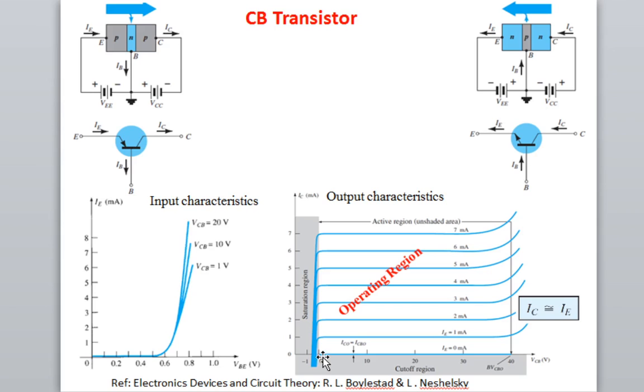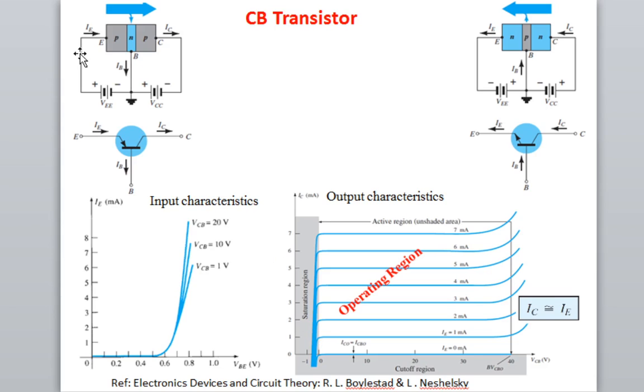Here you have the y axis, that is 0, so 0 current. At some particular voltage you get some current. As soon as IE is non-zero, you get some collector current even when you have not applied any voltage. If you see when VCB is equal to 0, you are still getting some current, when IE is equal to 1 milliampere, you are getting IC. Obviously, because IE is equal to IC plus IB, if IE is non-zero, then you will get IC.